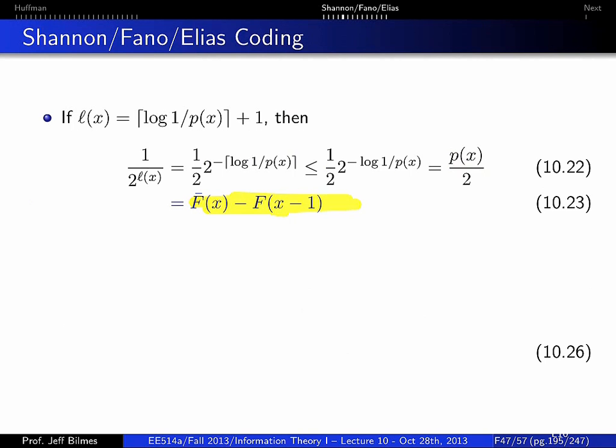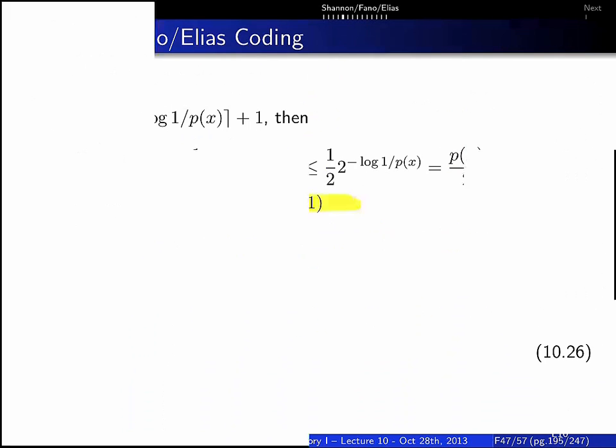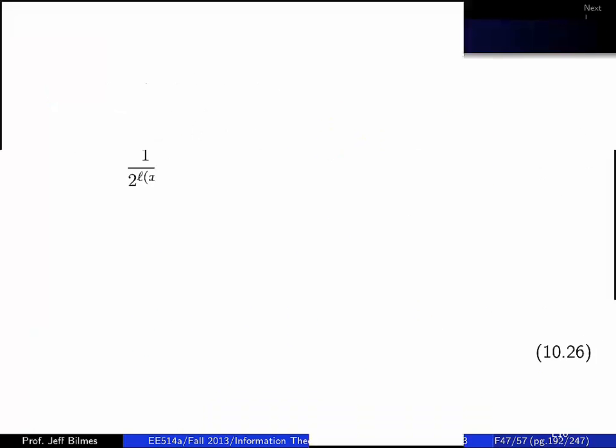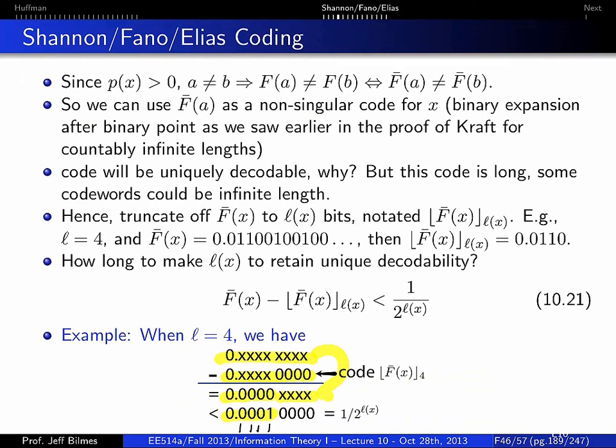Remember f of x minus 1; to get f bar of x, we just add on p of x over 2. Okay, so what this then gives is the following. When we take these two equations, we start with this right here, which is equation 10.21, and then we combine that with the thing that we just showed here,